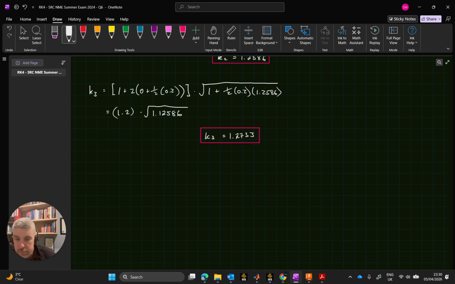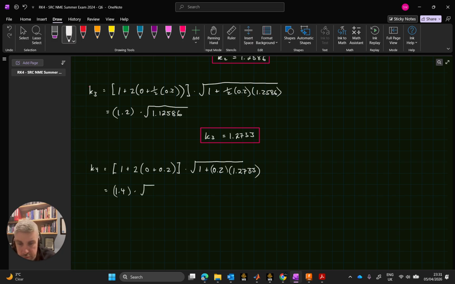Okay, K4 is equal to the function 1 plus 2 times t, but the t value here is going to be my current t value plus a full step size, 0.2, multiplied by the square root of my current x value plus the step size itself, not the half step size, but the full step size multiplied by K3, 1.2733. Right, so K4 is equal to, so that's 0.2, 0.4, it's going to be 1.4